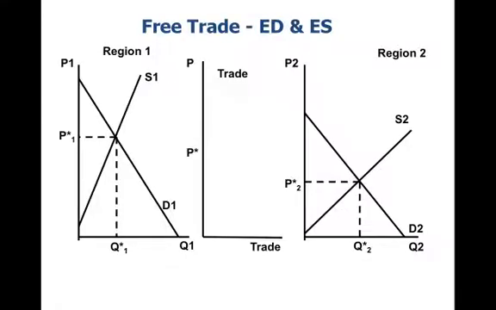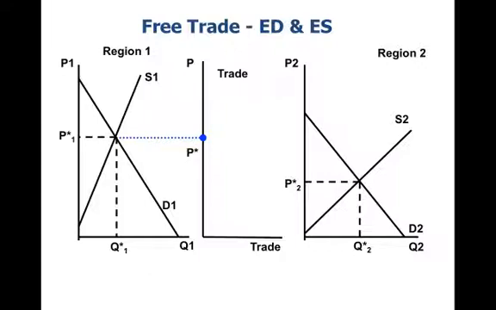But let's illustrate this. Let's use our original diagram, but now what you see is that between region 1 and region 2, I've drawn a market that I called the trade market. And let's focus first on trying to derive the excess demand curve. We know that when the market price in region 1 is equal to P1 star, quantity demanded is going to equal quantity supplied. And so excess demand would simply equal 0. And I'm showing this by extending the price of P1 star into the market for trade and showing the volume of trade, or at least the volume of excess demand at that price, would be equal to 0.